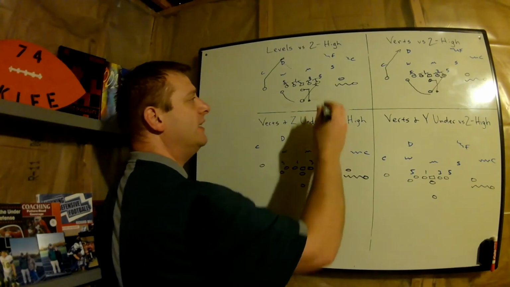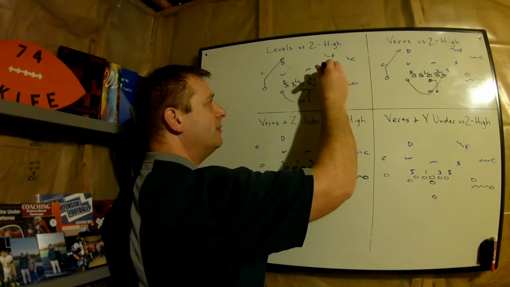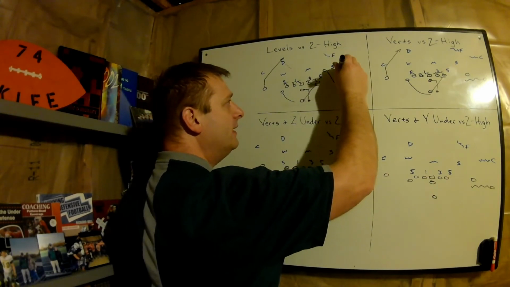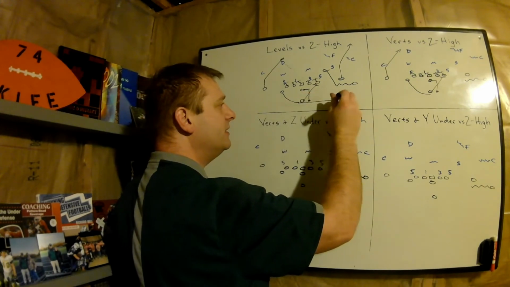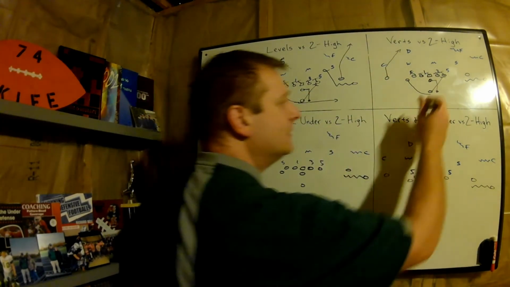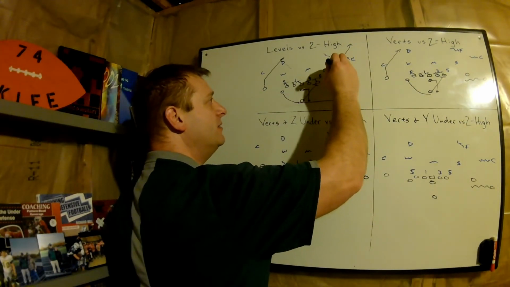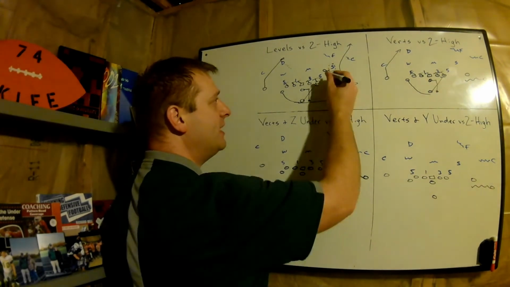And now the levels here, we're running the same deal. We've got the pivot route, we'll adjust on the flat defender. And then we've got the flag route. We got the no motion, continues into the flats as the check down. And again, it all comes down to that curl flat force defender. If he's stepping up at all,